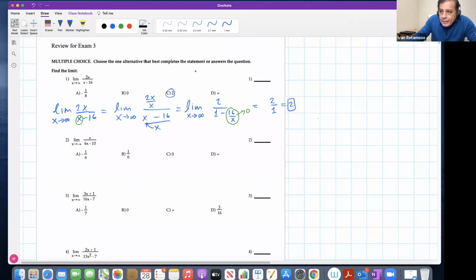Great. But now the question is, can we shorten this? Can we somehow use a different method so that this can be done faster? And the answer to that question, guys, is yes, we can use L'Hopital's. So here, alternative,